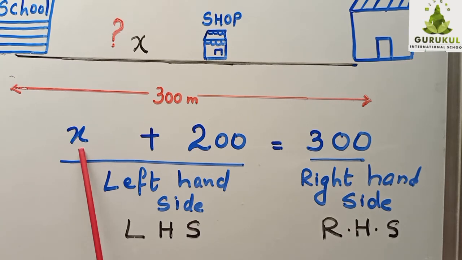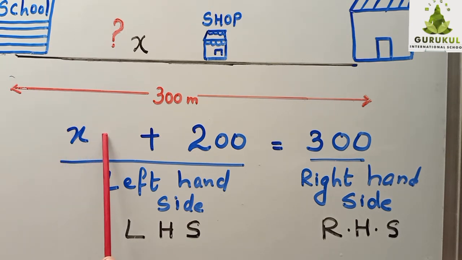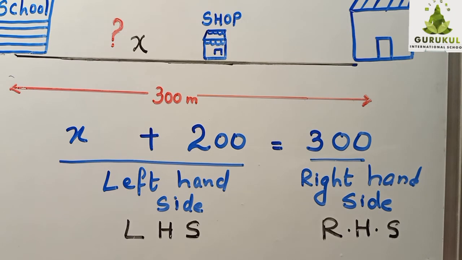It can be anywhere. It can be here, it can be here, it can be with some number also. Is it clear? Variables can be with any numerical values. Now this I explained a simple one. Is that clear to you? So an equation contains an equality sign. The left hand side and RHS should be balanced by the equal to sign, and x is the unknown value. There should be a variable in an equation and an equal sign in an equation. Now you came to know what variables are and what an equation is. Is this clear to you?